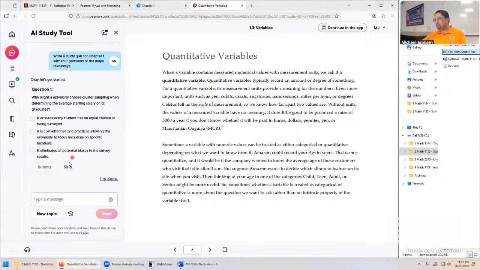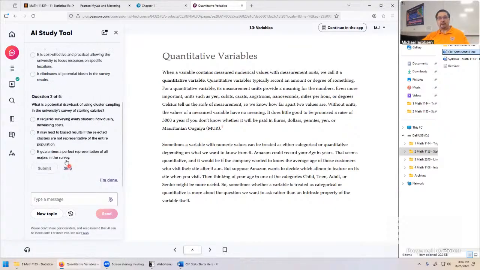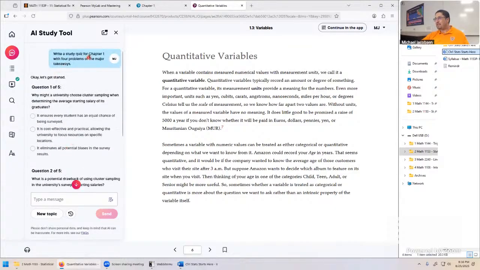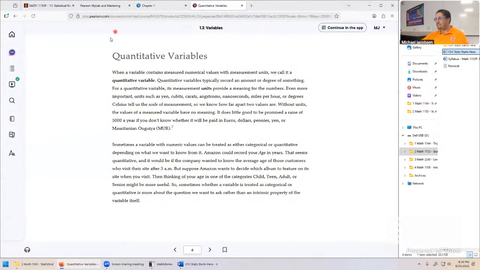So using the AI tool here already doesn't look like it's the best tool. You might be spending a lot of time on things that may not be important enough to even make it on the exam. This one's not a good question. That's the frustrating thing about using these kinds of tools. Sometimes they're effective. I think using it right in your textbook is just too wide open. It doesn't really know what you're studying to give you good access. But if it's a tool you're comfortable using, it is built in. I thought we should just take a look at it as an option.